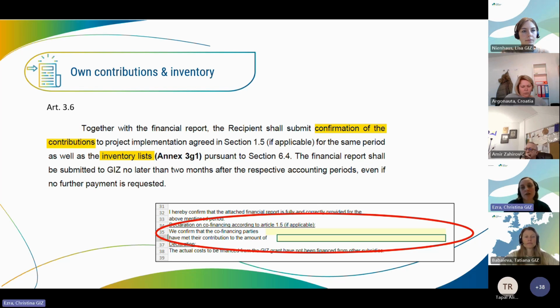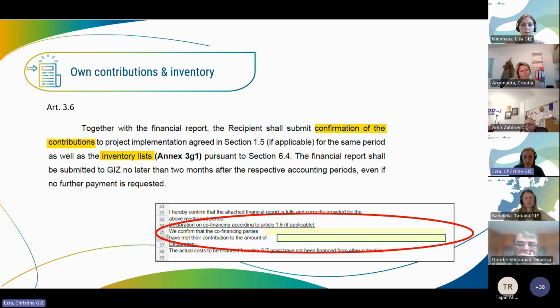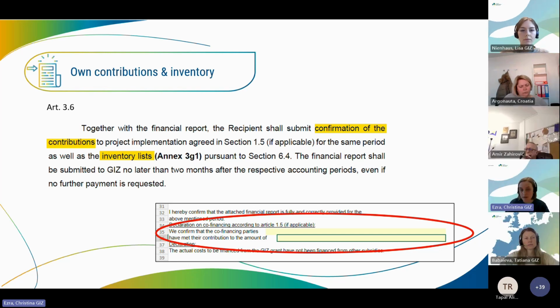So we often get questions about the own contribution. So here are some facts about it. On the cover note of the financial report, you can actually see the excerpt of it here. You always have to indicate your own funds that were used for the respective period. You also have to properly document your own contributions in your bookkeeping as earnings of the project. So basically in the same standard that you also document your EUKI funds. So you can submit proof of using your own funds when requested.